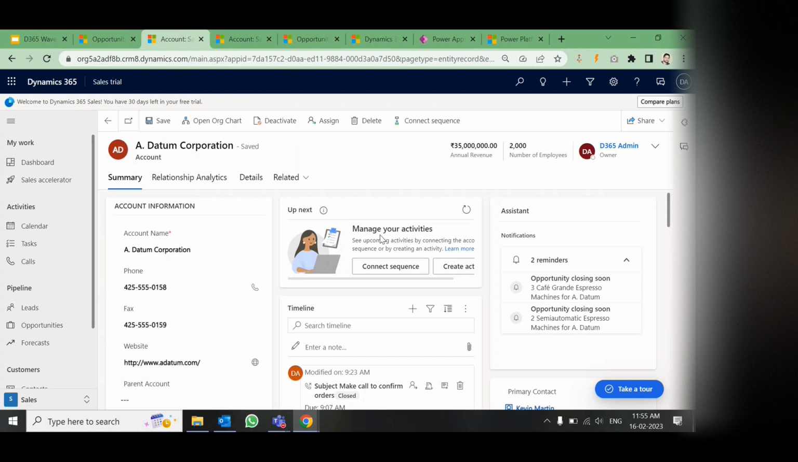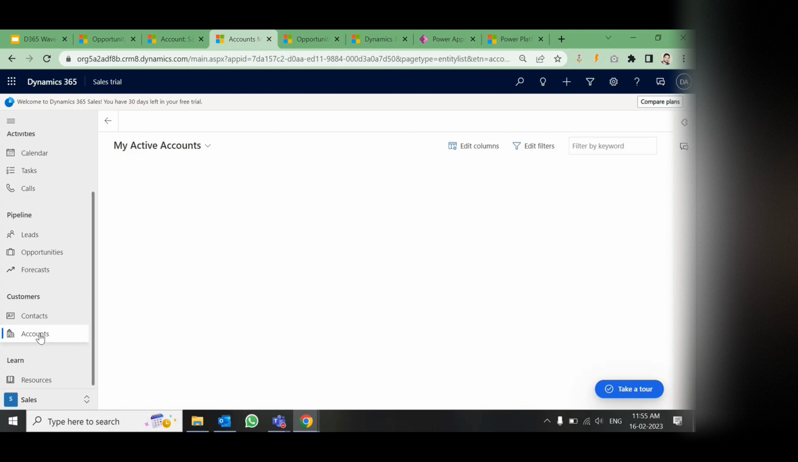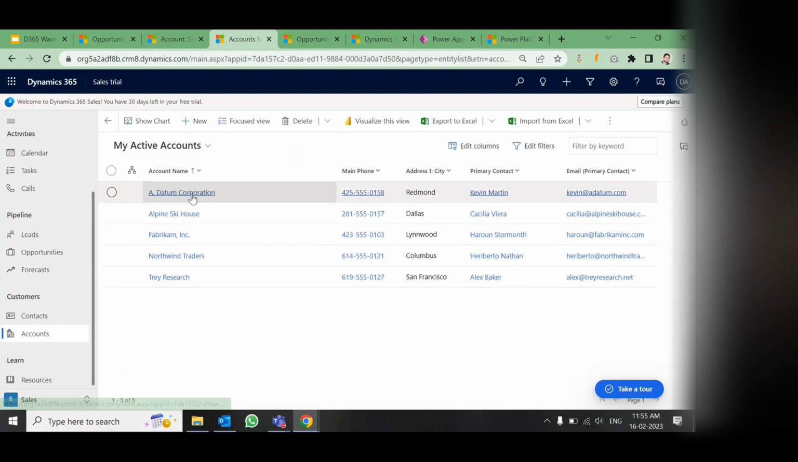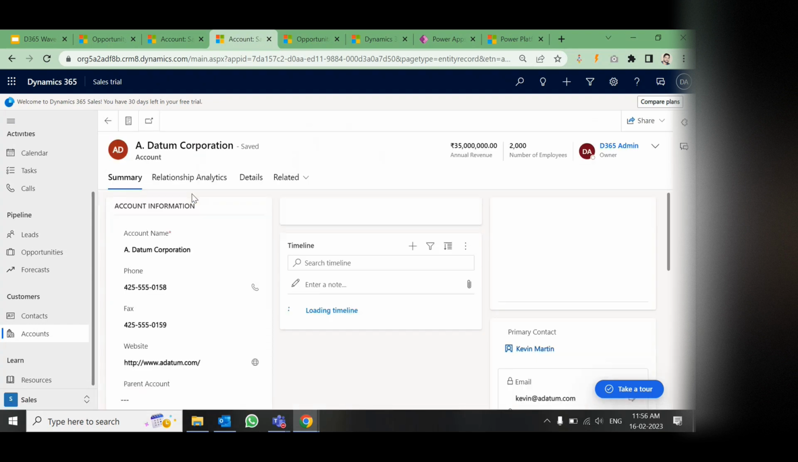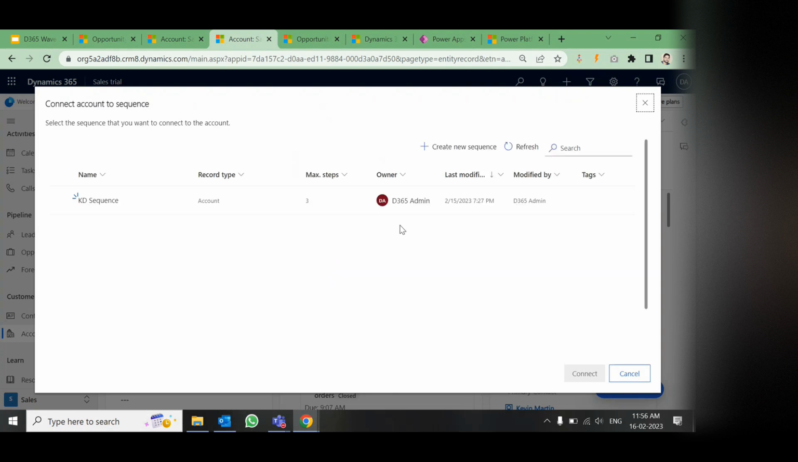So coming, if we open any account, suppose a new account. Here you can see the option of connect sequence and up next. Once you connect the sequence, you will be able to either create the sequence from the beginning or choose an already existing template. Here I have created one sequence called KD sequence. If I select it and connect it,